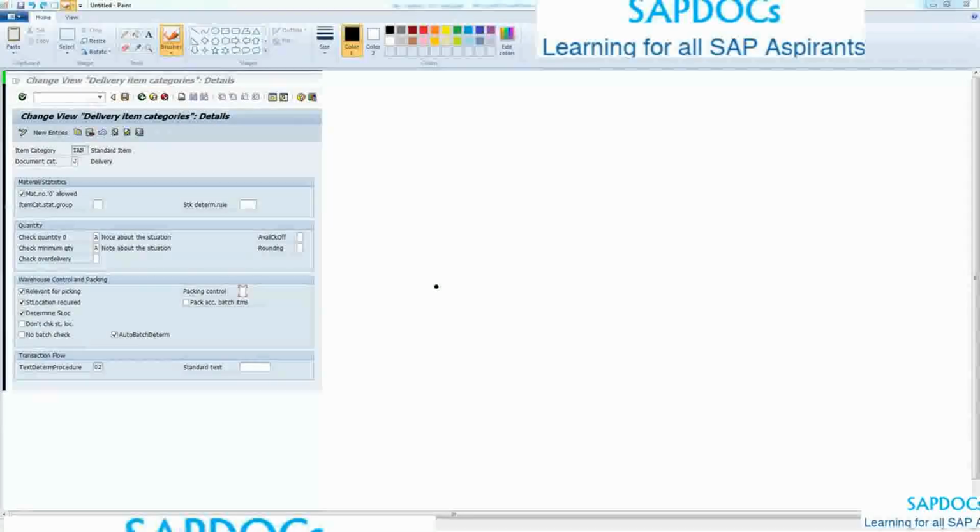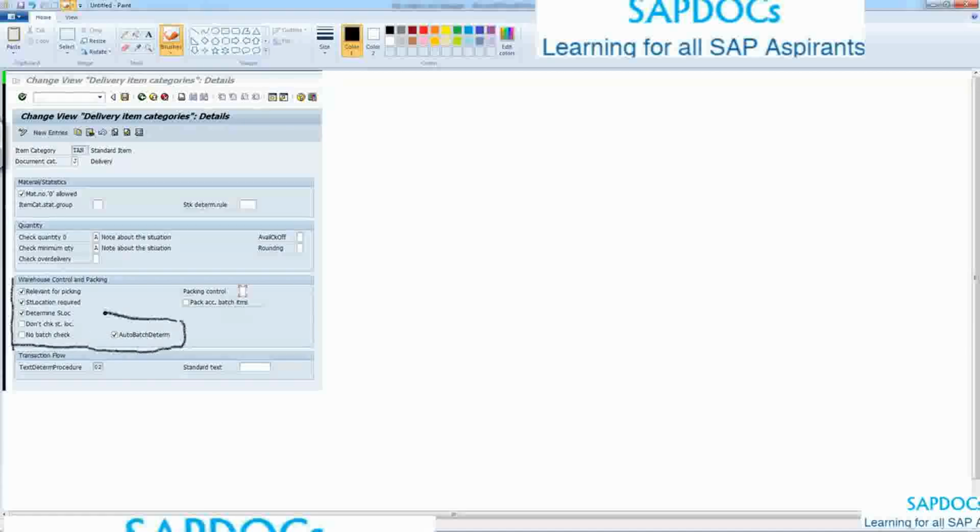I've switched to Microsoft Paint because I want to make some notes. We're reaching an important point, so I want to make some notes about these options that you see here. Okay, so the first one that we want to talk about is whether or not an item is relevant for